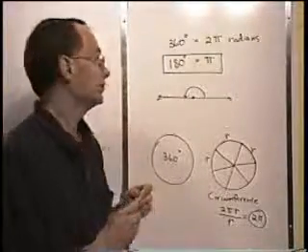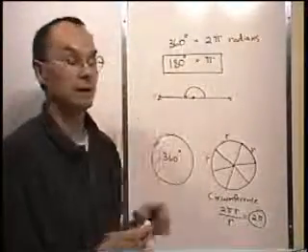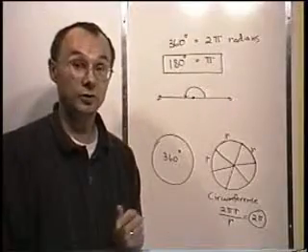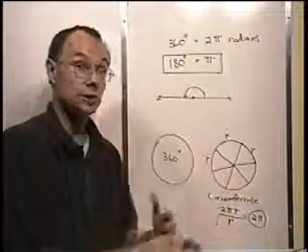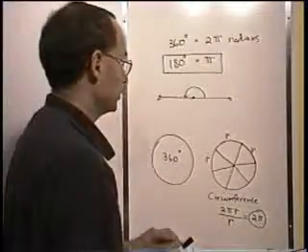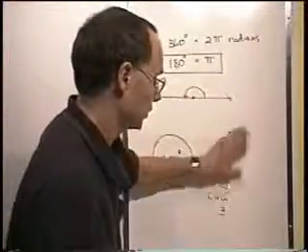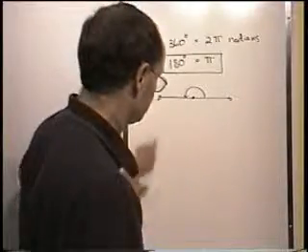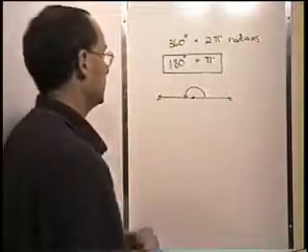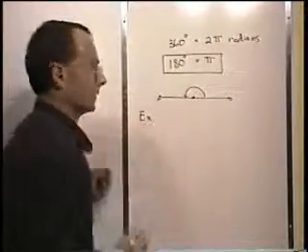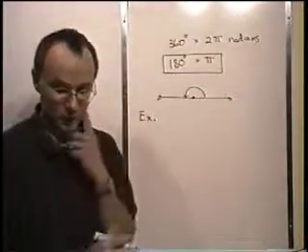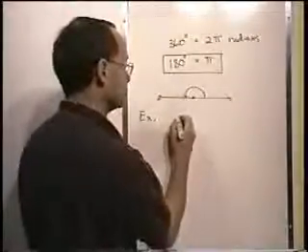We're going to use this very, very important equation to help us convert from radians to degrees or degrees to radians. So let me show you how we can do that. I'll just work through a couple of examples here. In our first example, we're going to start off and say, well, I wonder what 60 degrees is